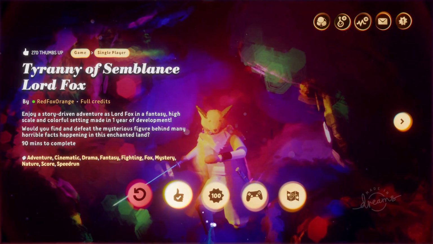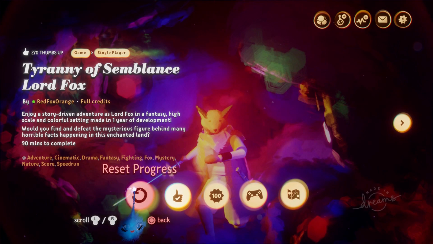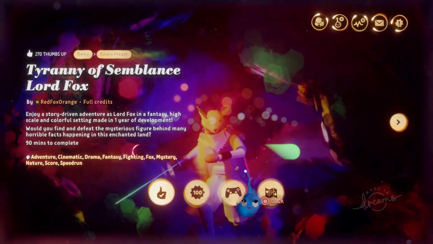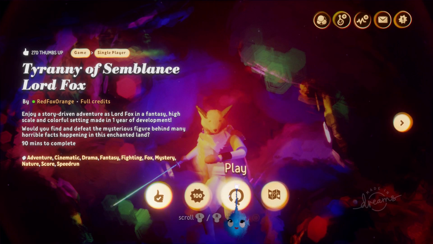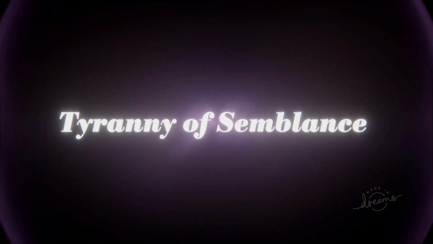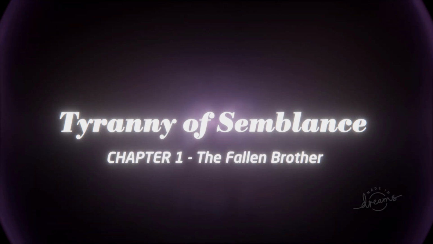That's what I recommend. Right, this is Tyranny of Semblance, Lord Fox. So another Fox character by Red Fox Orange. This has got an interesting art style. They've gone with the very loose style. You see a few games in this style. I've never been that particularly keen on it. I like things to be solid and crisp, but